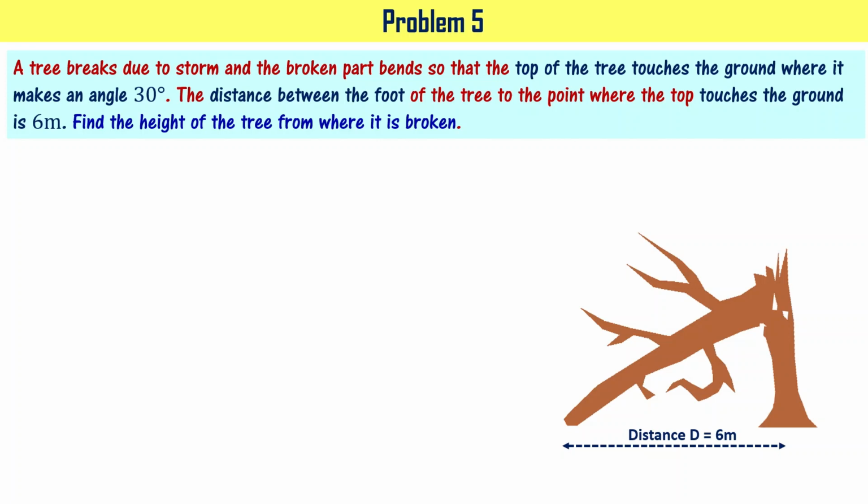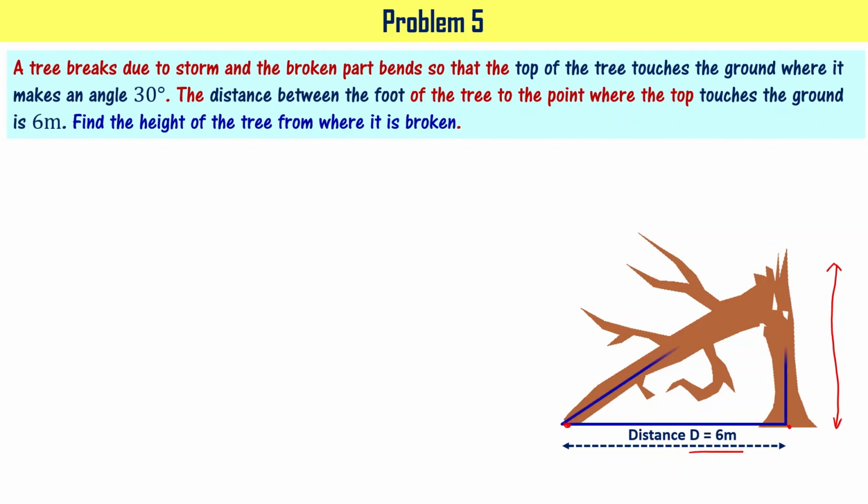As you see in the figure, the tree is broken and top of the tree is touching the ground, right, at this point. And the distance between this particular point and the foot of the tree is 6 meters. That is denoted using capital D, right? We are asked to find the height of the tree from where it is broken. It means we are asked to find this particular height,